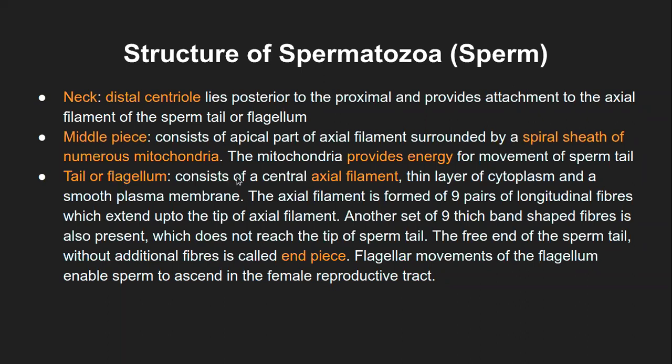Now the last structure, which is tail. Now you can simply imagine what this tail would do, and also by virtue of knowing this process, I assume you would know what the function of tail is. Again, it consists of a central axial filament. I don't know if I had mentioned this. This axial filament is usually made up of protein, which is called tubulin, and actin. These are the two different proteins which usually make up cytoskeletal or flagella-like structures within the cells.